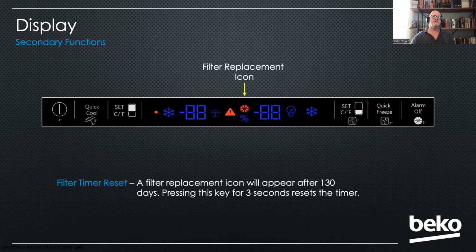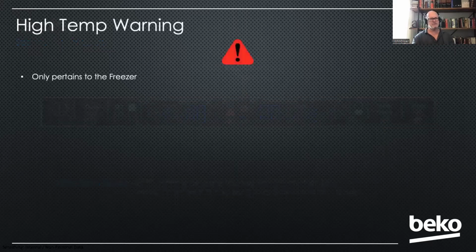And then lastly, the alarm off key also functions as a filter replacement reset. So you'll get a little icon on the screen that lets the customer know they need to change their filter. It's just a timer. There's no flow meter, so it'll just come on after 130 days, and they press that to reset it. Okay. I've talked about all the icons there, but there's one I haven't talked about, and that's